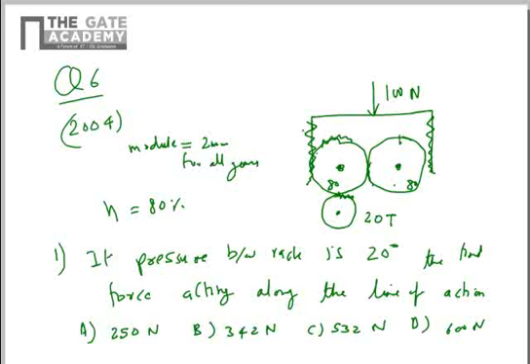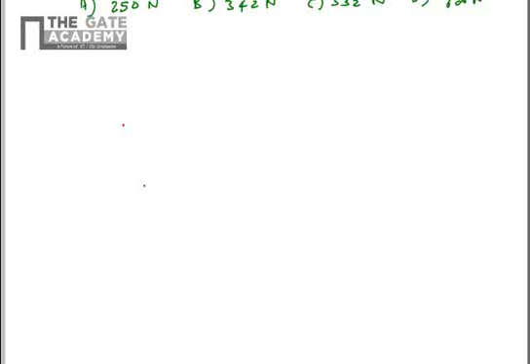So for finding the force along the line of action, it will be lying somewhat like this, which is 20 degree to the common normal between the rack and this gear. We have to first find the force along the normal at the gear and this meshing gear. Now, since you have 1000 Newton being distributed equally on two sides, you will have a force along the common tangent equal to 500 Newton for each gear.